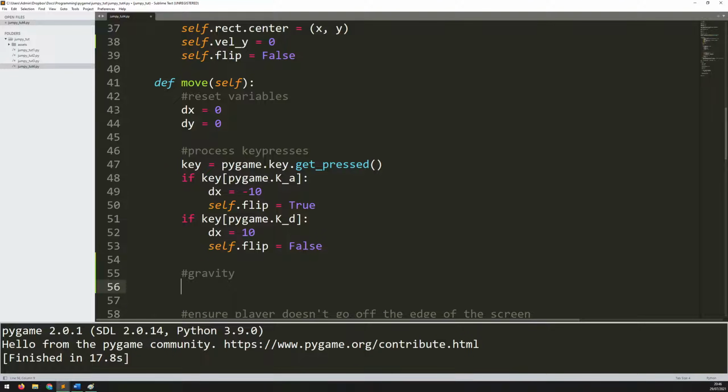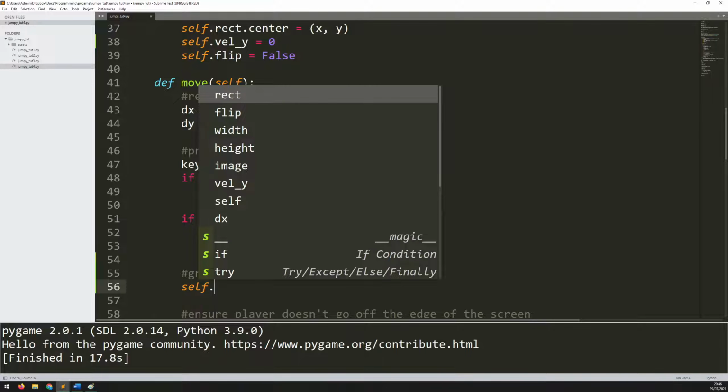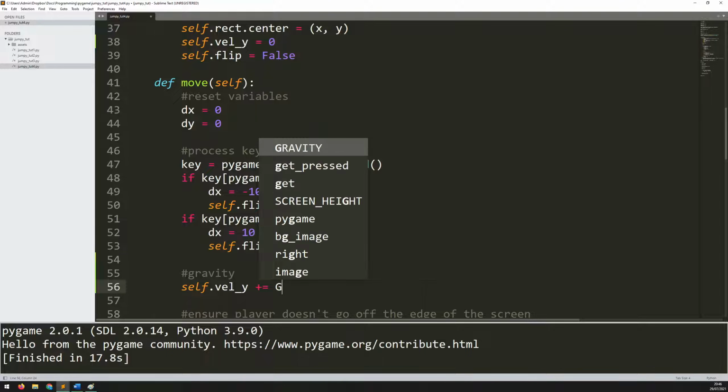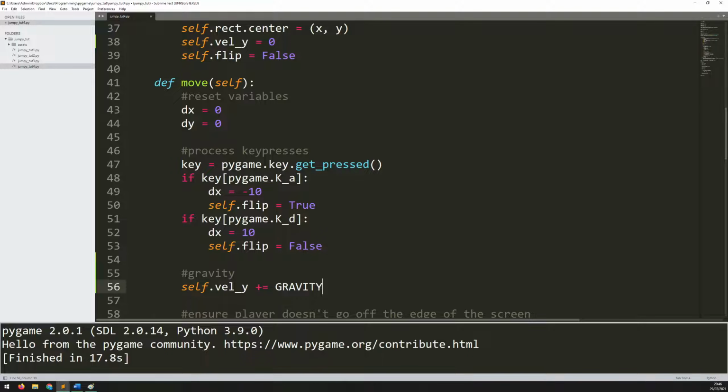And now I can change that variable. So that self.vel_y is going to be increased by the gravity variable. That means that every iteration of this game loop, this y velocity is going to be increasing by 1, because that's what I've set the gravity to. So rather than a constant speed, it's actually going to be speeding up. So it will accelerate at every iteration as this variable goes higher and higher. Then once I've got this variable, I can add it to my dy. So I can say the dy is increased by